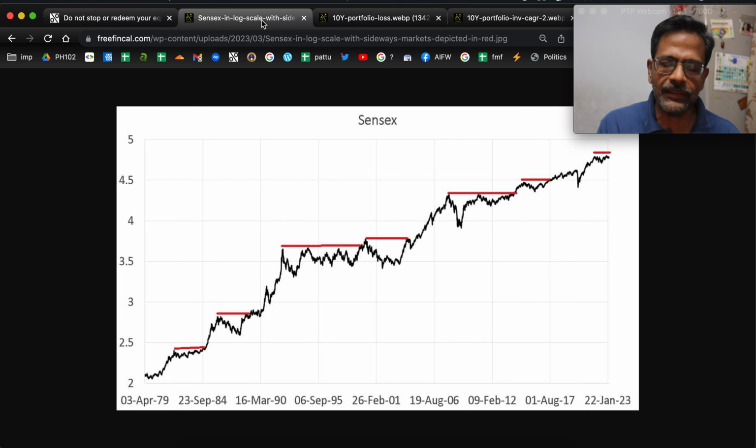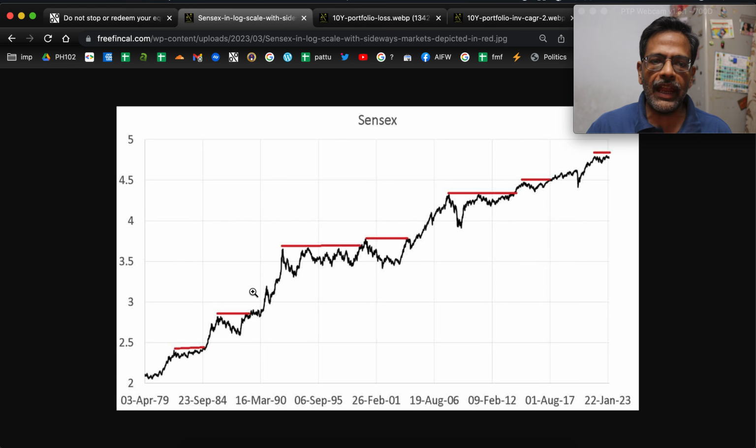If you look at the Sensex in log scale, I have plotted the Sensex in logarithmic scale, so that's why it looks a little weird. In the log scale, if you look at the movement from, let's say, 2 to 2.5, that 0.5 movement can be mapped anywhere else. The same 0.5 movement is the movement from 3 to 3.5 and from 3.5 to 4. So you can actually look at the percentage change of the Sensex uniformly across all time periods, because if you plot it in the normal scale, all these older features will get subdued because of the movement in the recent past.